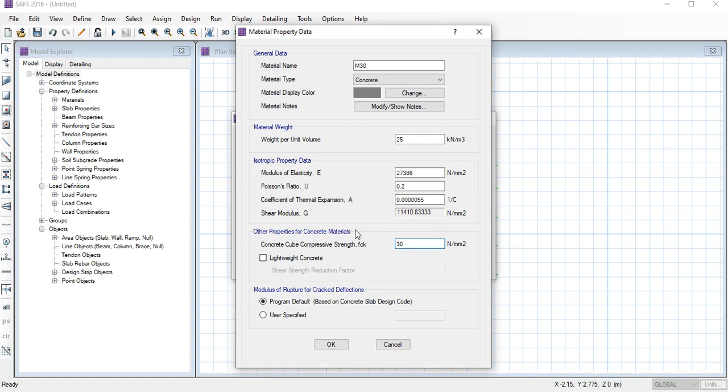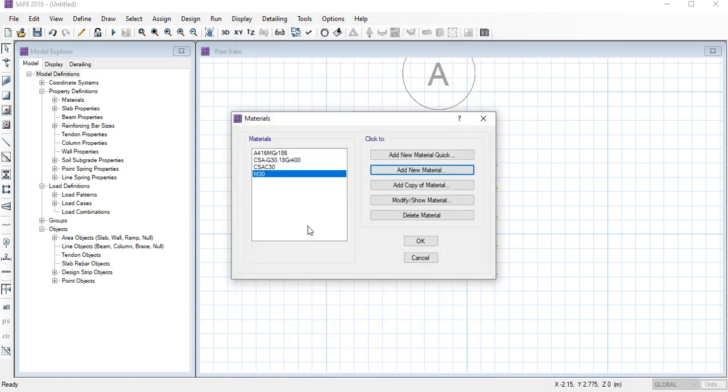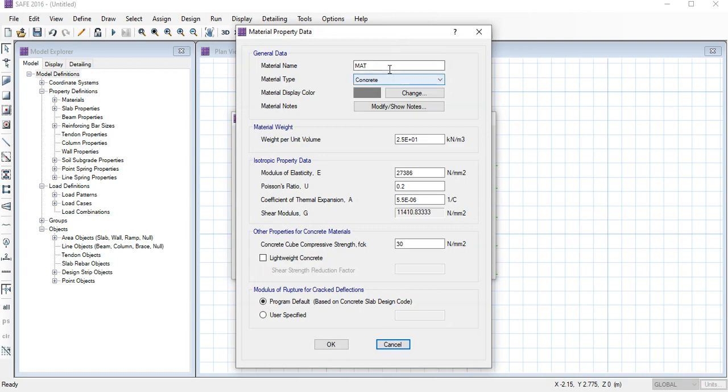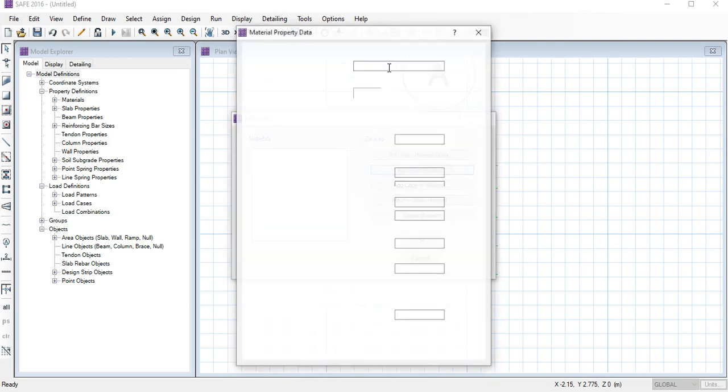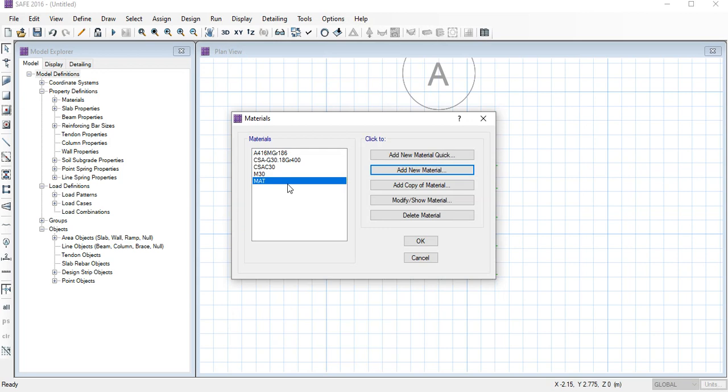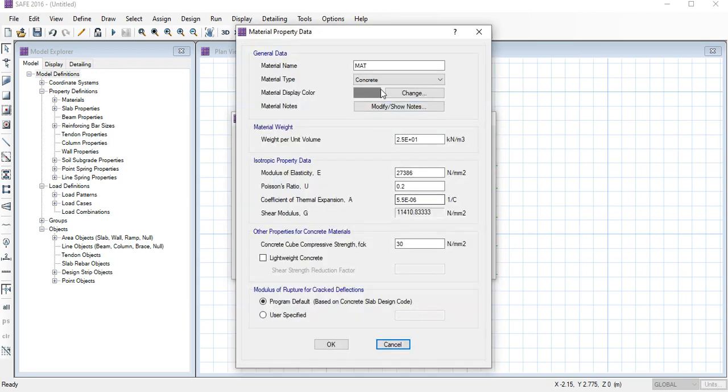After clicking these, you need to click OK, and we will also define the rebar, because I have defined the concrete. After that we also define the steel bar. Sorry, that was clicked unnecessarily, so I will click Modify, and here we are going to take the steel bar HYSD 415.